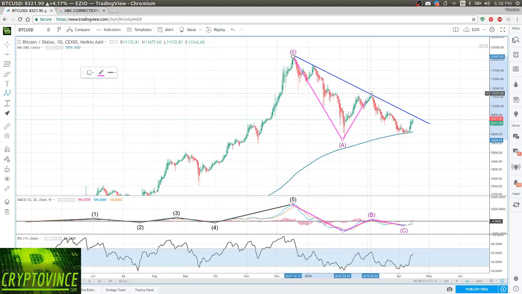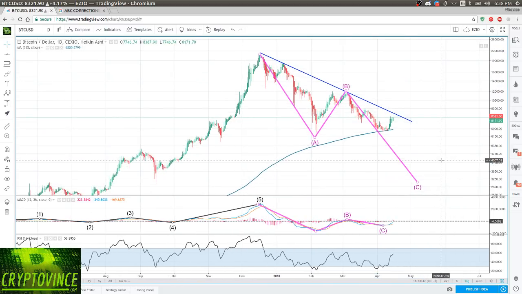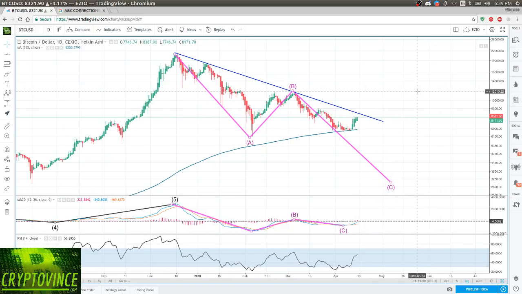So we might consider this as an ABC. Of course, it can go down, no problem. We always need to consider both scenarios in BTC. We know it. Right now we're still in the correction mode. We are not in a bull run. Yes, we had a nice spike up, and everything looks good for now, but you know,